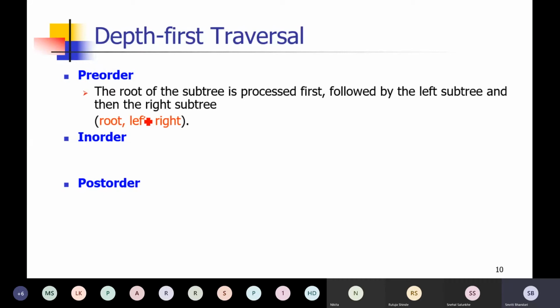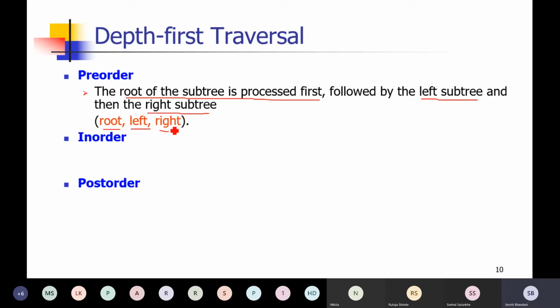In pre-order traversal, the root node gets processed first, followed by the left subtree and then the right subtree. So the sequence in which we process our nodes is root, left and then right. So we are going to process the root node first, then the left subtree and then the right